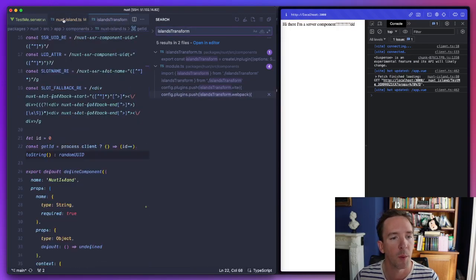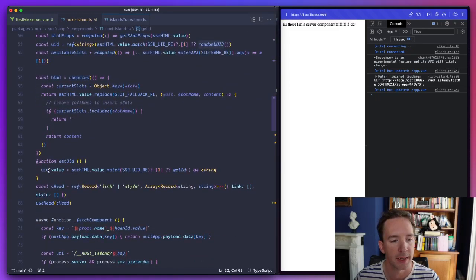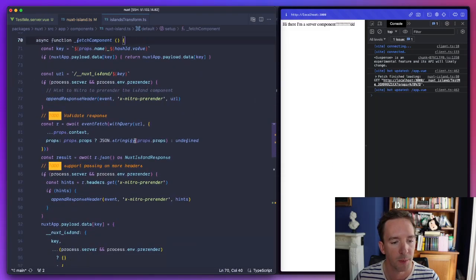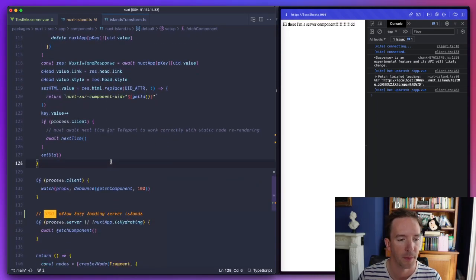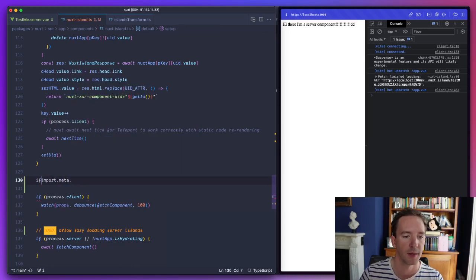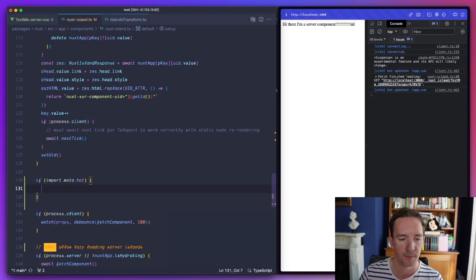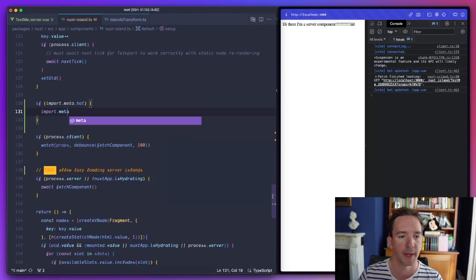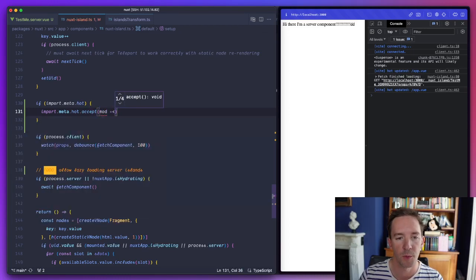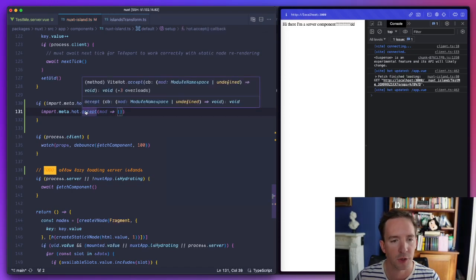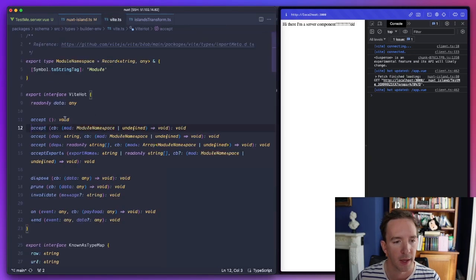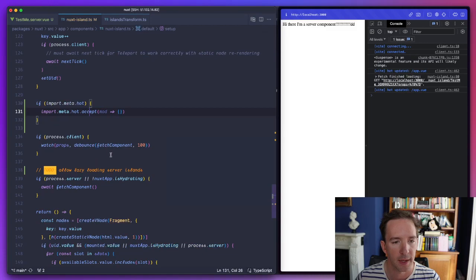trigger. So what we would want to do in here is something like, so our fetch component, and we would do something like this, import meta. So if import meta hot, then import meta hot accept, sort of the new module here. This is not what we want to do. Actually, we don't want to just do accept. We want to accept specifically a particular dependency. So we want to accept the